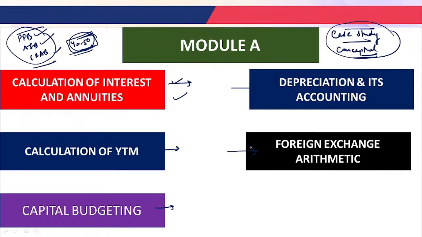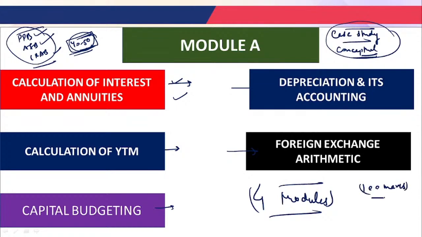Okay, and just trust me, if I am talking about the AB subject, you have 4 modules. And if I divide 25 marks for every module, then it will become 100 marks, isn't it? But you get the majority of the questions in the examination from module A and module C.